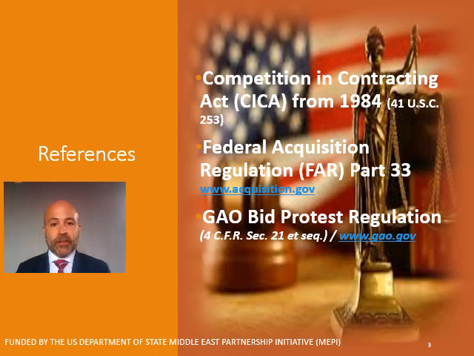Here are some references for your use in connection with considering bid protests in the United States. The first is the Competition in Contracting Act, CICA, from 1984. This is an act which promotes maximum competition for U.S. federal contracts. The second reference is the Federal Acquisition Regulation, the FAR. Part 33 of the FAR governs bid protests, and you can reference that if you want to see how the implementing regs govern the bid protest system in the U.S. You can find those regs at